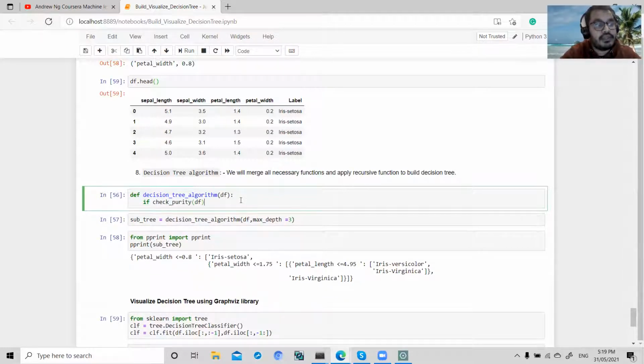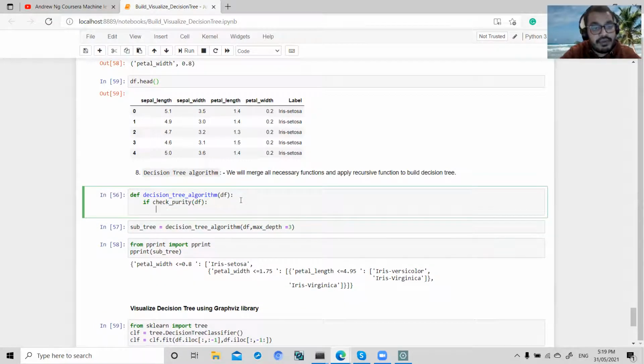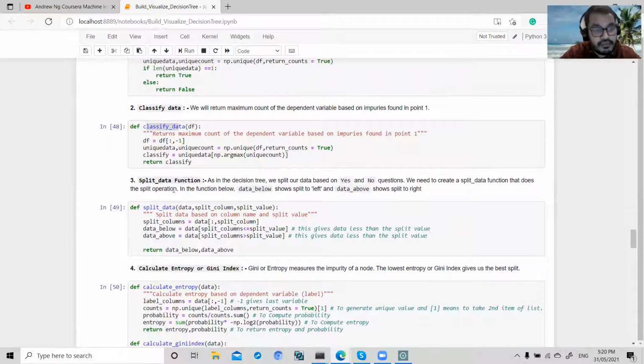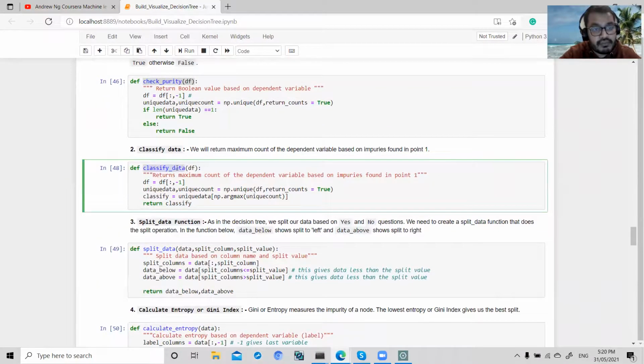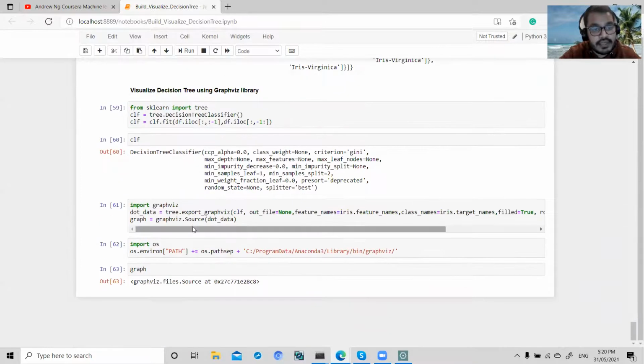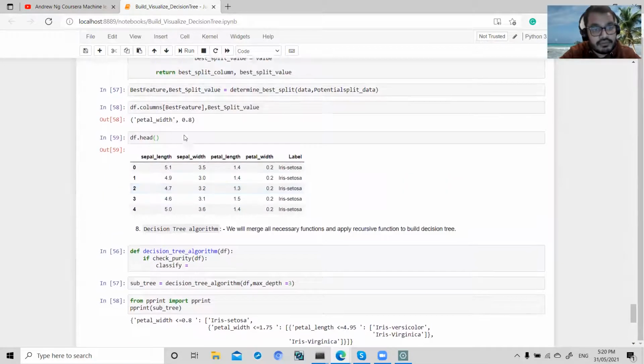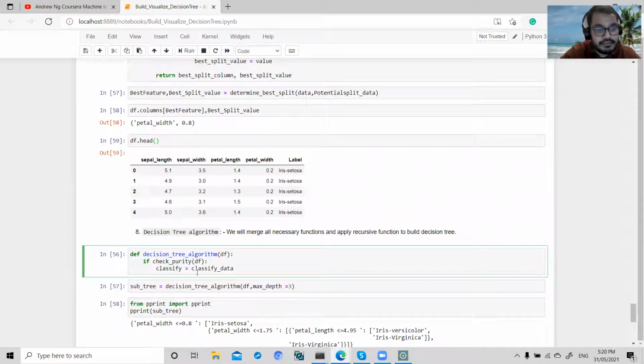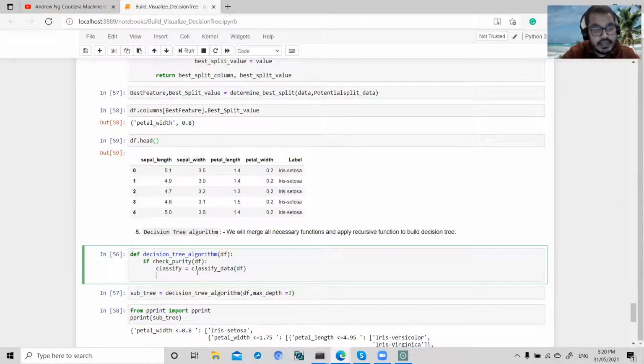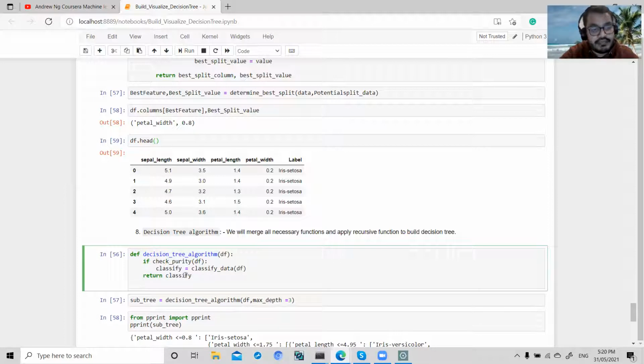If check impurities data, if I don't have any leaf node, then I will do classify equals classify data df, and here I will return my classify. Okay, this means I don't have anything to split, that's why I will return simply the value that I have